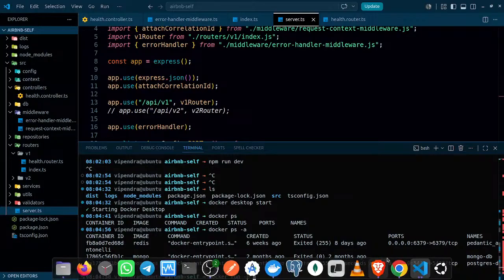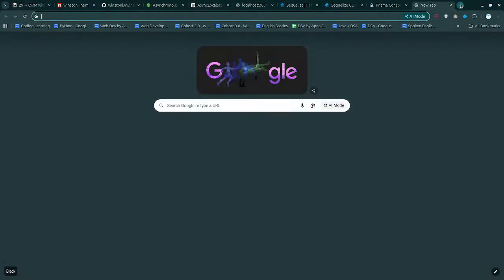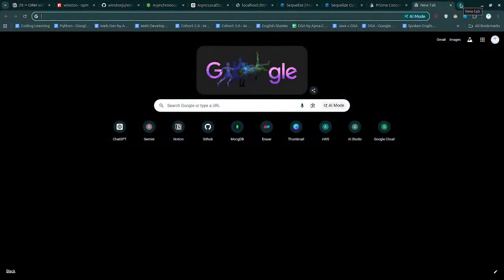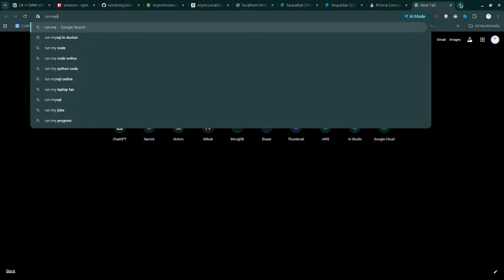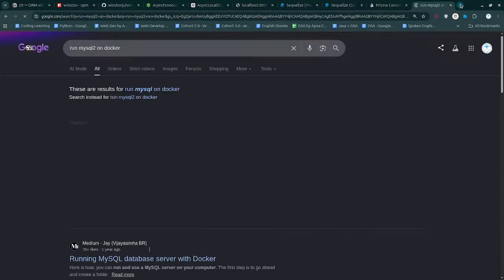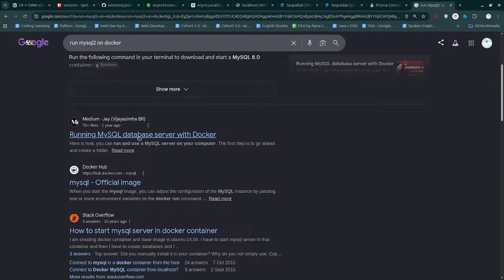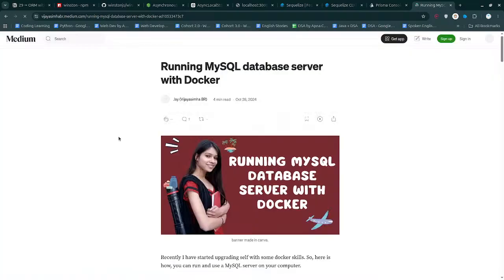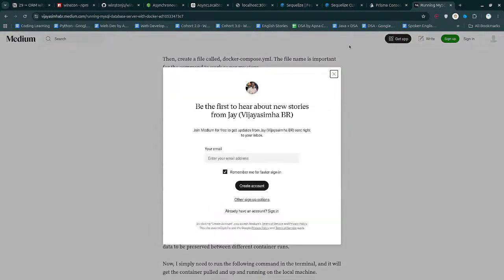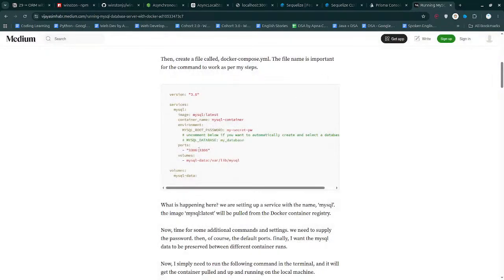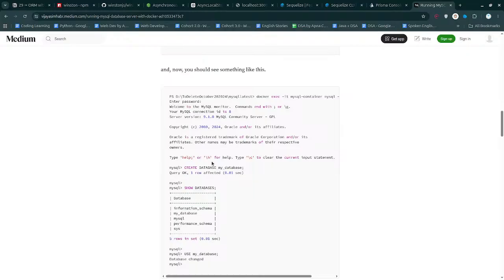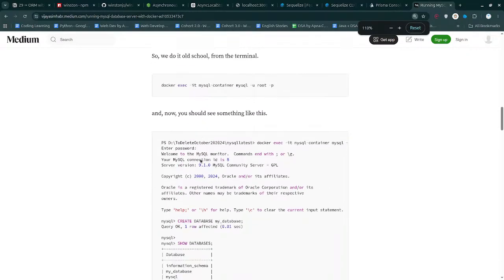Then let's make a search. Run MySQL on Docker, as simple as that. Okay. Running MySQL database with Docker. Okay, yeah. So they are giving me this configuration. 3306. That's the port number, right? Isn't this? I'm gonna go with